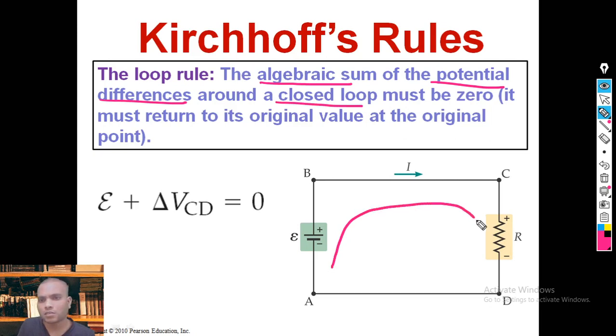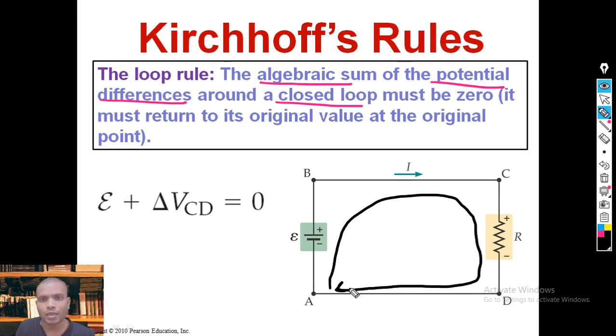Let me consider this is one of the closed loops. Either you can consider clockwise direction or counterclockwise direction. Any direction you can consider, there is no problem. But this loop must be a closed loop. Where you start, there it's supposed to end. Now I am starting from A, going B to C to D, and again I came back to A. So this is the loop I consider.